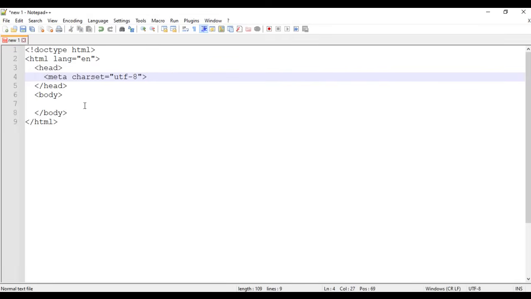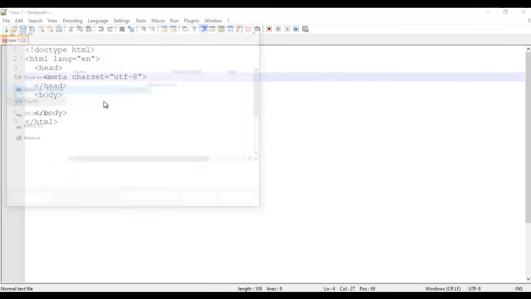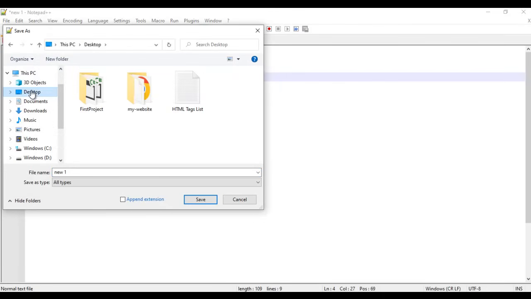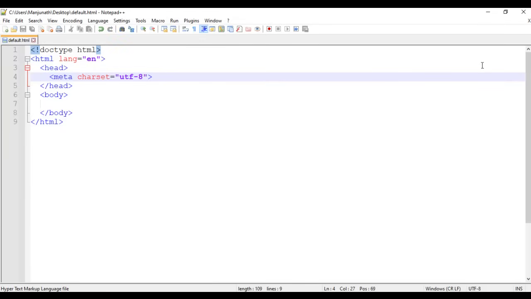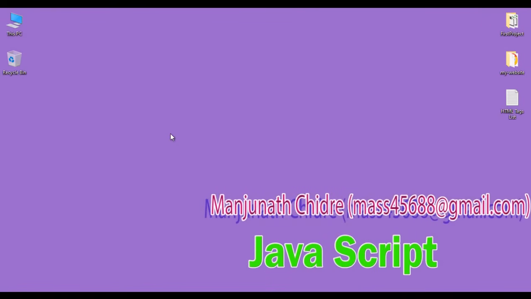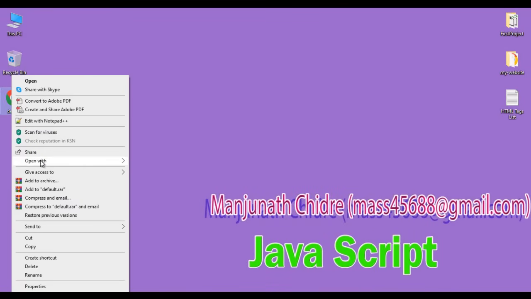I am going to save this file. I say File, Save As. I save the file on the desktop with the name default.html, with double quotations on both sides, and save. I minimize it. You can see that the default.html page is created. I right click on it and say open with Google Chrome. You can see that the default.html page is open in Chrome and the title is set to default.html, which is the same